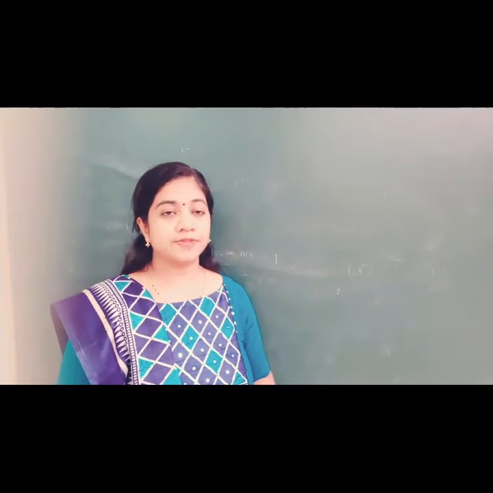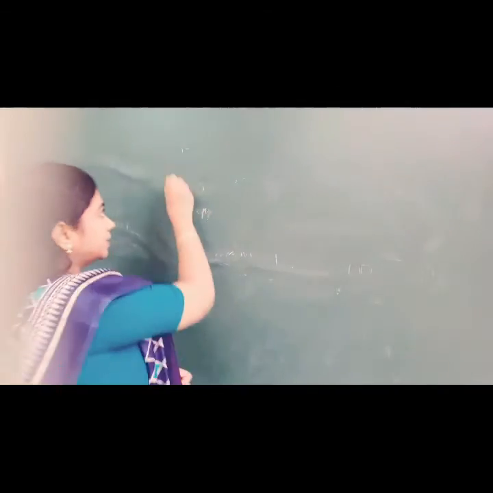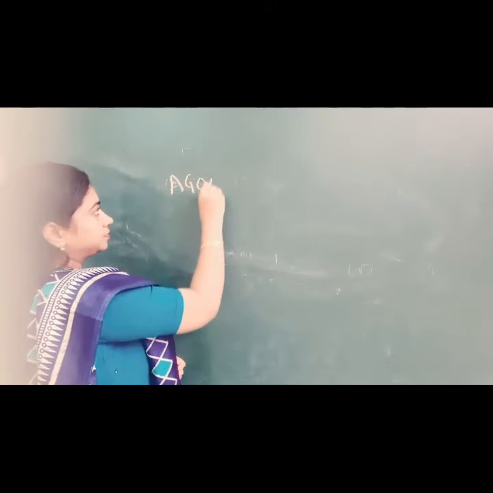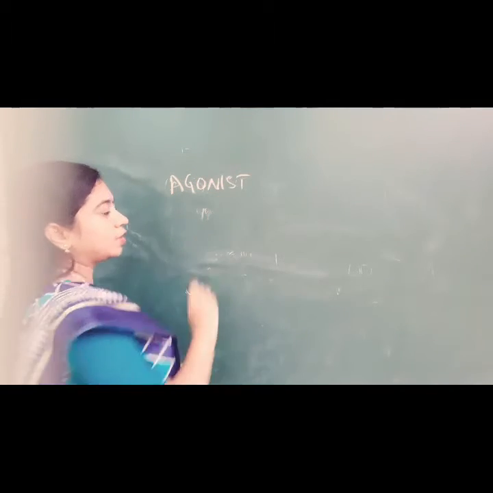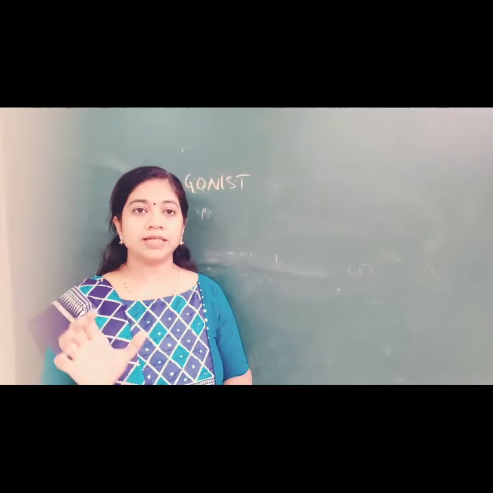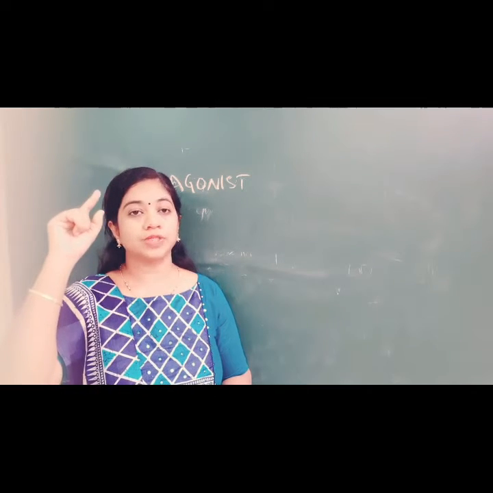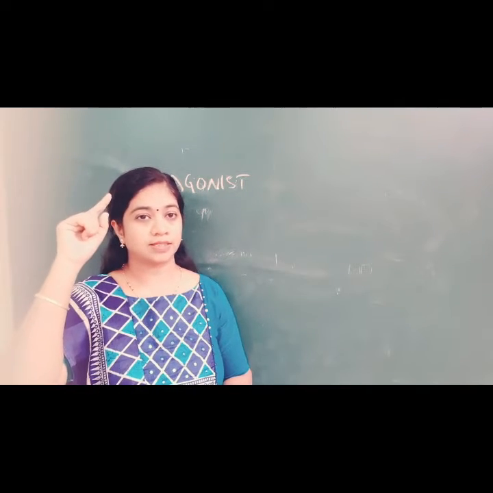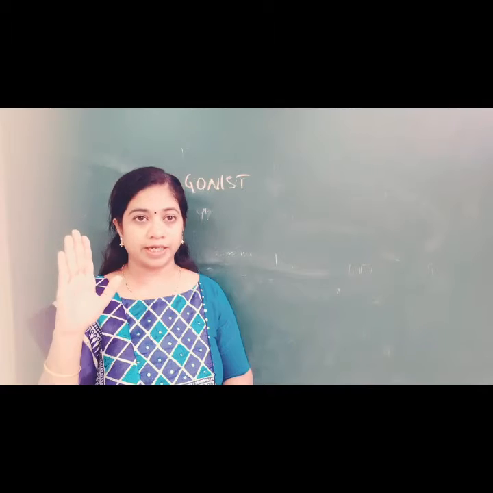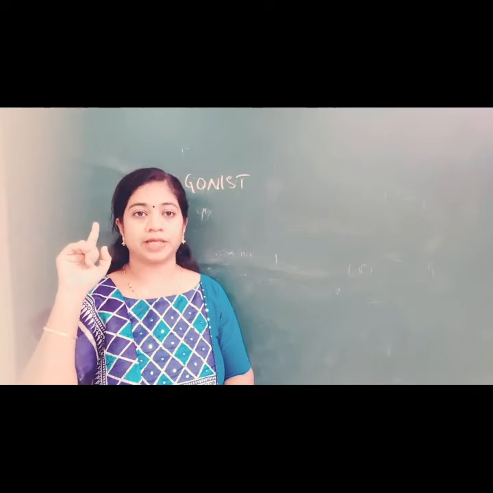So there are some words which are used frequently when you are checking for ocular movements. They are agonistic muscle. Agonistic muscle is nothing but whenever some muscle is put into action, there is some eye movement. For example, if I am looking up, there is contraction of the superior rectus muscle of both the eyes. So let me take the example of my right eye only. So when I am looking up, there is contraction of the superior rectus of my right eye.